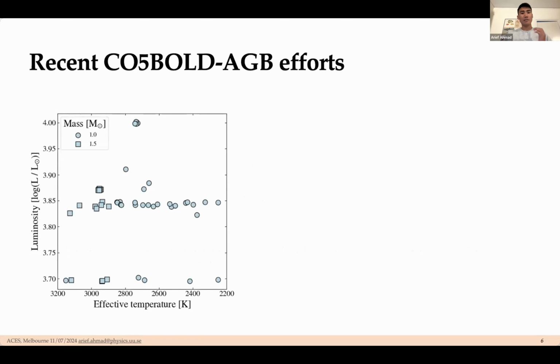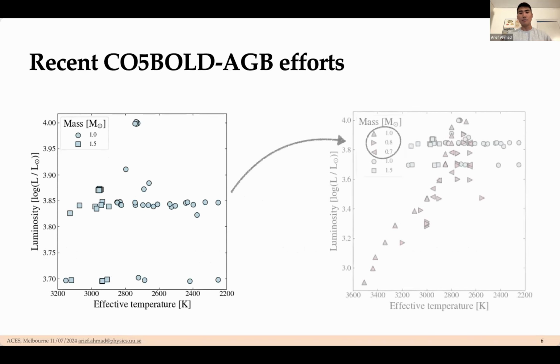To illustrate our recent efforts in terms of modeling AGB stars, I show you a previous model grid of our AGB stars. This is just the luminosity and effective temperature plot. Maybe from last year and throughout the years, we've been producing 1.5 solar mass models. So these are the current stellar mass. But over the past 8 months or so, we've been producing a newer grid of models. So in the triangles here,